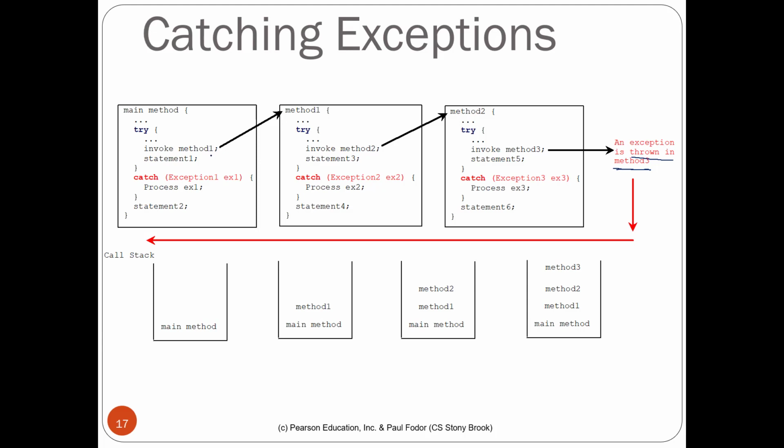The main method was invoking method 1, and method 1 is invoking method 2. So this is a kind of chain reaction. And after the catch block we have statement number 4. Now in the try block, method 1 is invoking method 2. Method 2 again has a similar kind of structure. It has a try and catch block. In the try block, method 2 is invoking method 3. Okay, and after the invocation of method 3, we have statement number 5. Then there's a catch block. The catch block in method 2 will handle an exception of type exception 3, which is different from exception 2 and